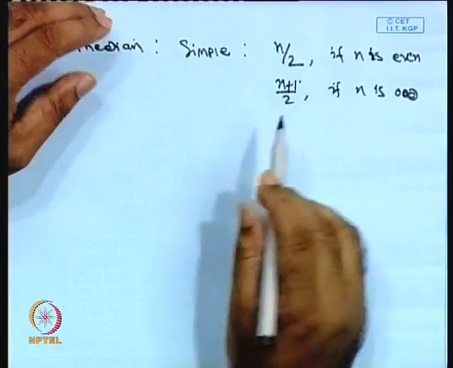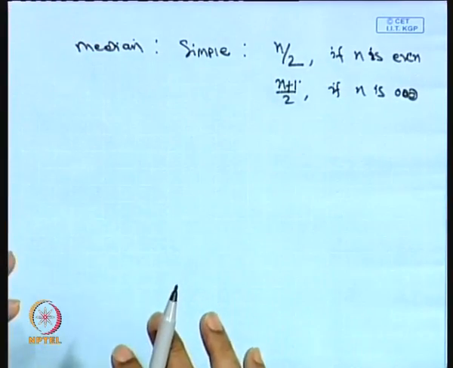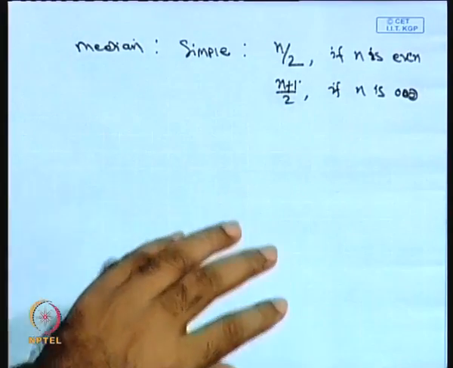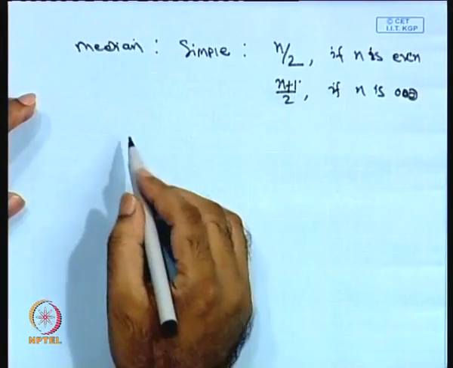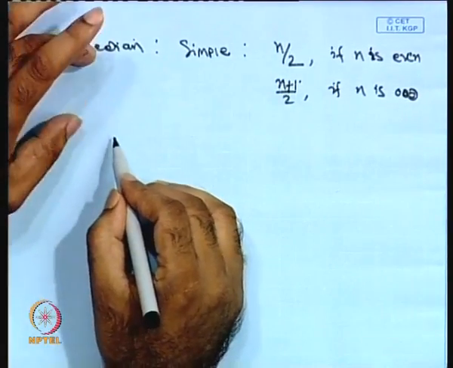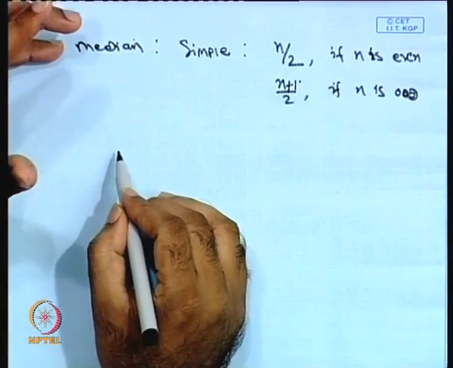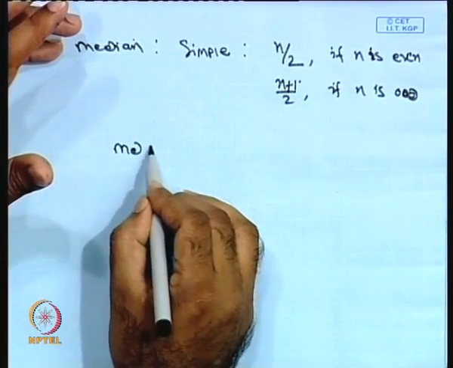Okay. So, this is the simple structure of median calculation. Remember, this median is a positional average. So, n by 2 and (n plus 1) by 2 will give you the position. Now for a real or complex problem, the value of the median will be calculated like this,